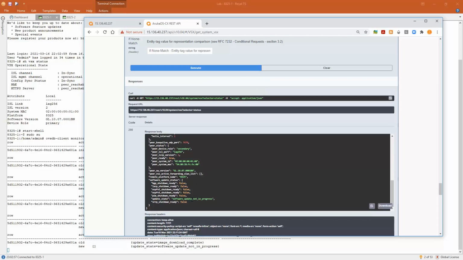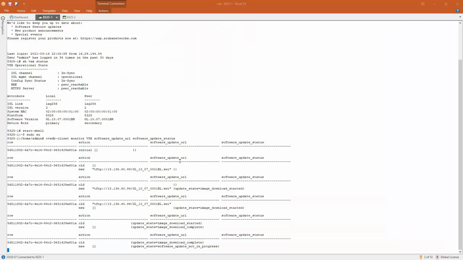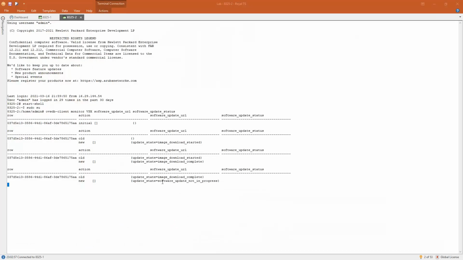Right, and you see software update not in progress. So here you see it has been aborted, and the same on secondary. Software update not in progress. So that is literally saying that the update is aborted. So that's the end of that demonstration.